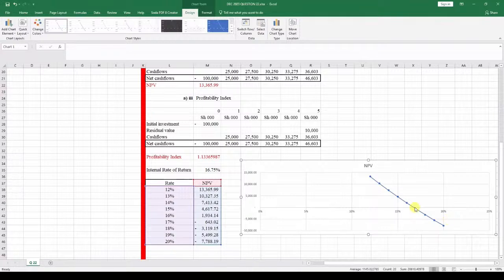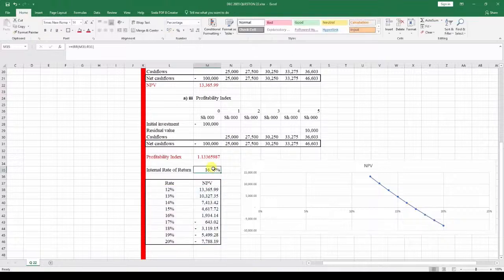you can see at around this point here, if you click right here, it will give you the point. At around 17% is when you're going to get negative NPV thereabout. 17%. And you can see it's 16.75 right here. So the exact rate should actually be somewhere over here where it's next to. It's along just this curve over here. It cuts it along.